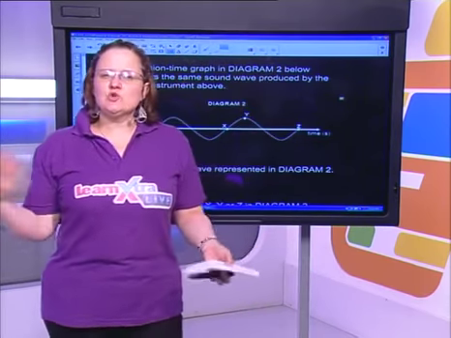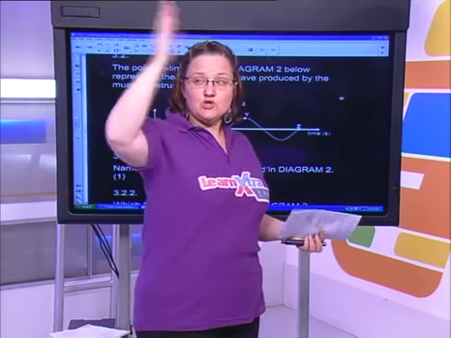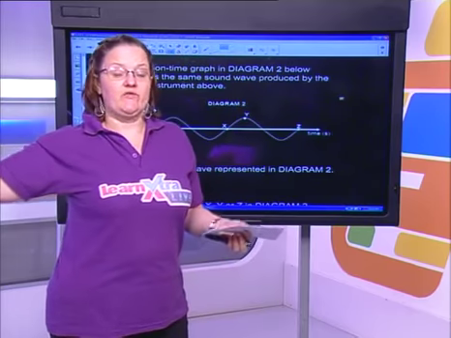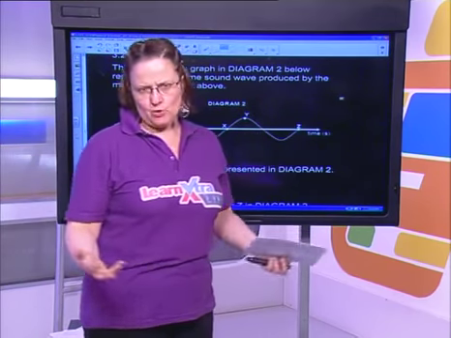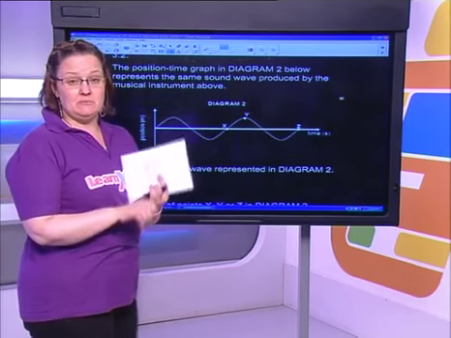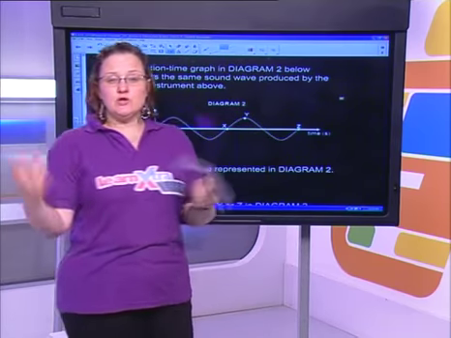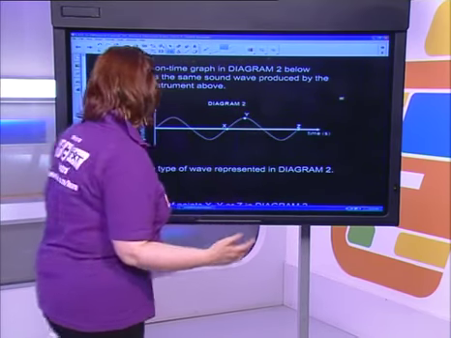And we use things called oscilloscopes to do this. They can pick up sound waves and then they translate them into transverse waves for us because it's easier to work with. Because from a transverse wave like this, it's much easier for me to measure the wavelength, it's much easier for me to measure amplitude, all of those sort of things, far, far easier, okay?